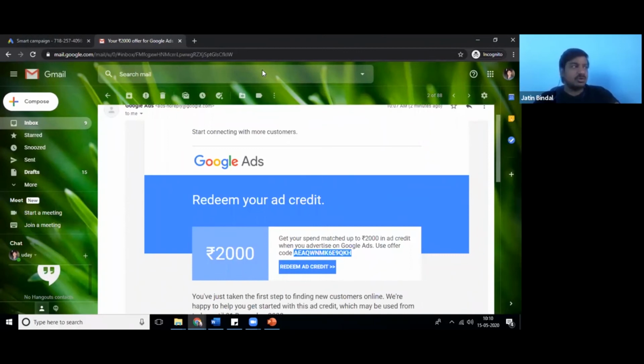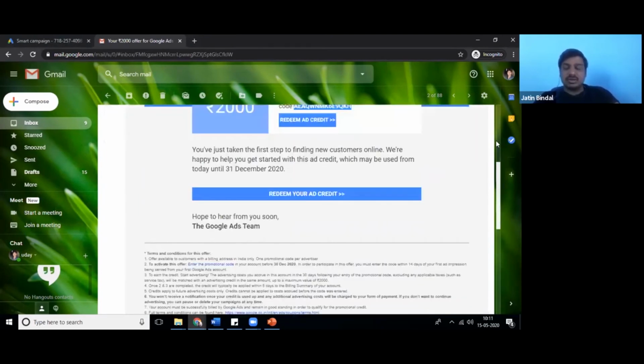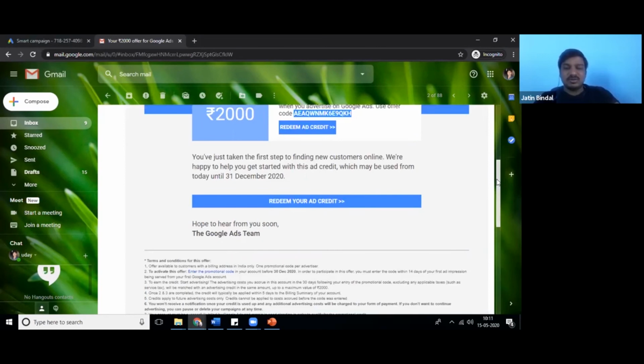I asked them, if you want to run a 10,000 rupees campaign, give me 10,000 rupees. I don't need your credit card or anything, and I will send you a report of those 10,000 rupees. And I would create 5 accounts and make money out of it. Although it's a very dirty trick, it's no more in use now.